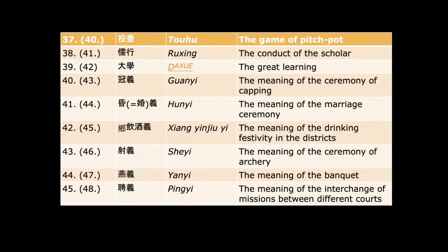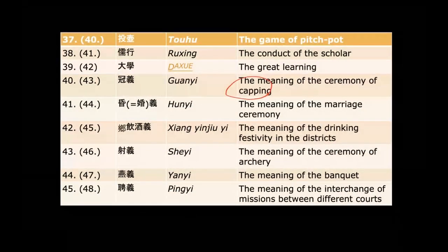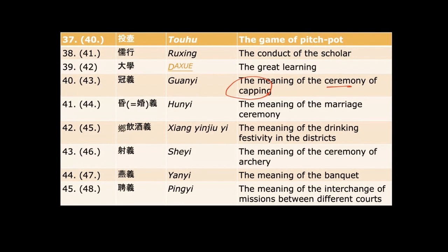And then, where is the marriage ceremony, marriage archery? Capping. Yeah, capping. What kind of capping is also a ceremony, a sort of adulthood ceremony. So what you have to wear and what you have to say. And then this is the marriage ceremony, the meaning, like what is the proper thing to